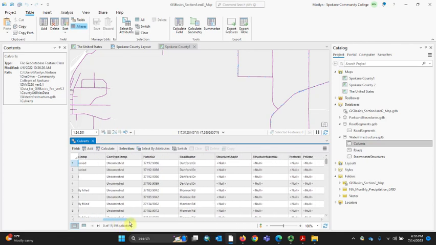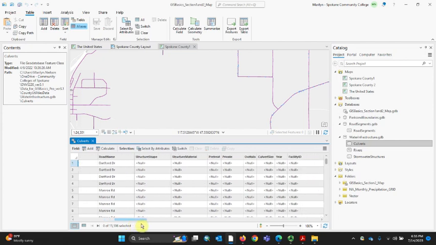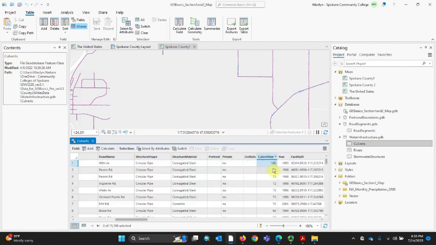Then the names of the road that these are found on. Some of these were on Dartford Drive, some of these were on Monroe. Outfalls, culvert size, and of course if you double click it's going to sort them one direction or another. So we've got culvert sizes here. I think that's in inches. And then the year that they were replaced, the structure material, the shape, and the name of the road. So that's cool. We got that from doing